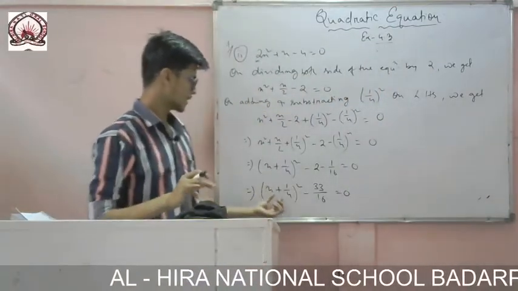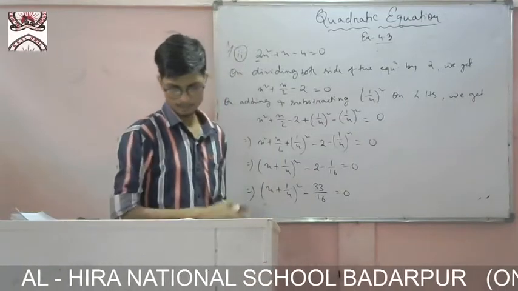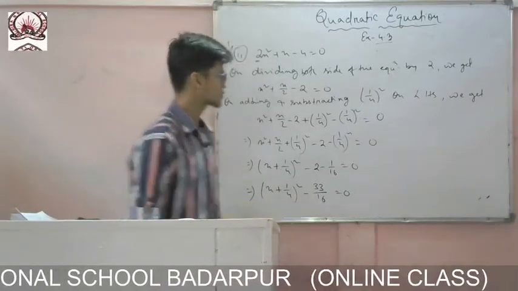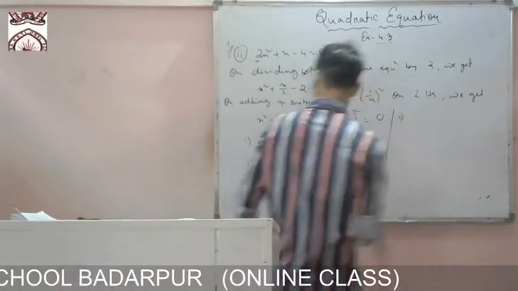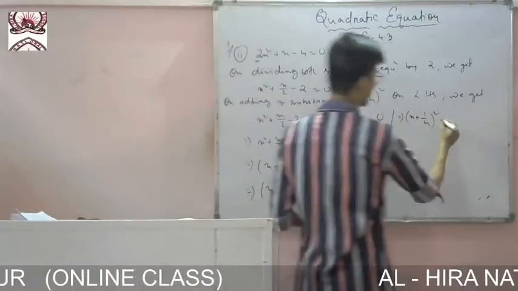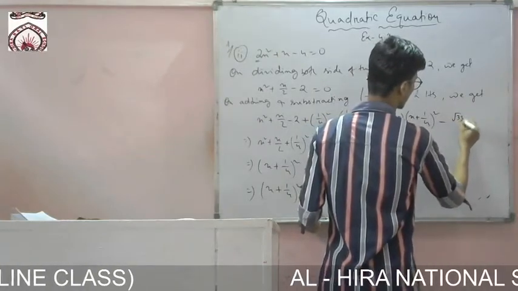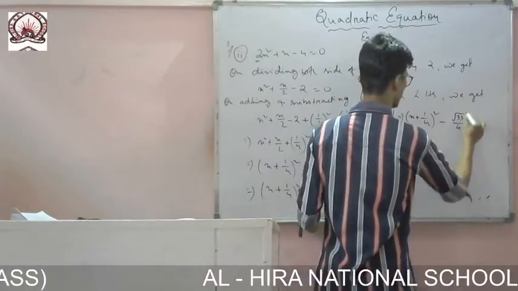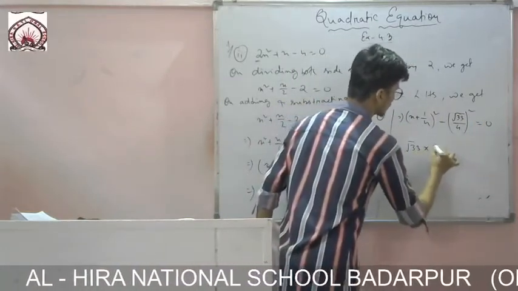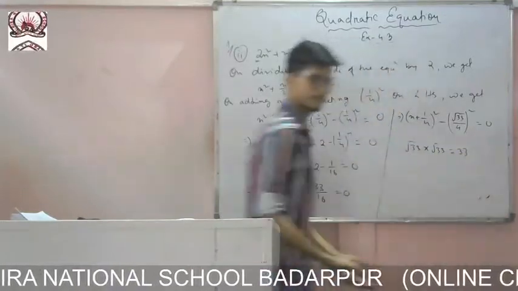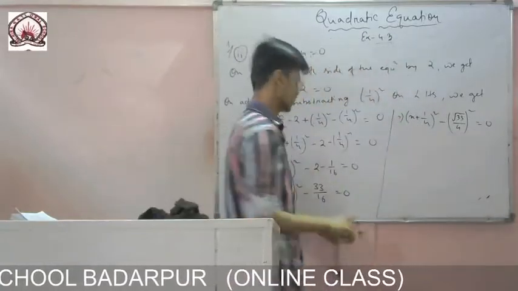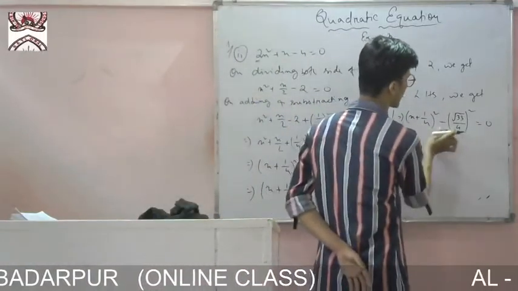So now we know the formula a square minus b square. So I have to make it square. So after that, okay, let me write here, you see. Here it is a plus b whole thing square, and that side it is minus. So 33 I can write as root over 33, and 16 I can write as 4. Can I write it like this? Yes, root 33 into root 33, it is 33. So I can write root over 33 whole thing square, and 16 I have written 4. So now it became a square minus b square.